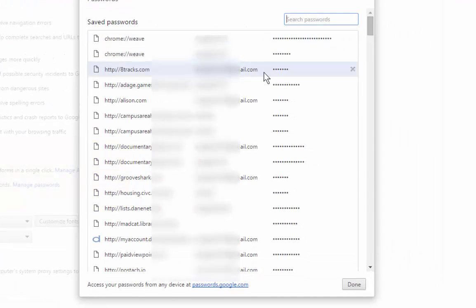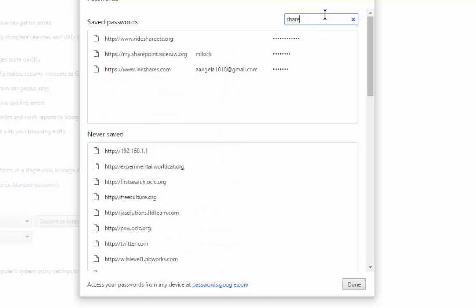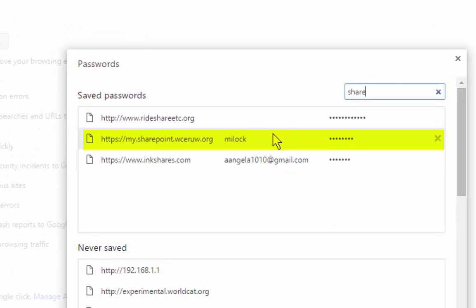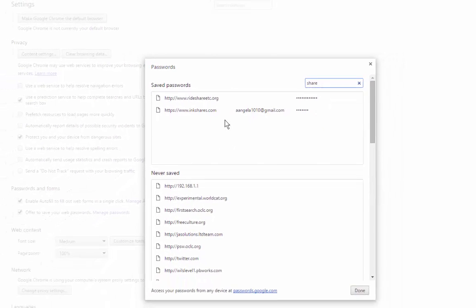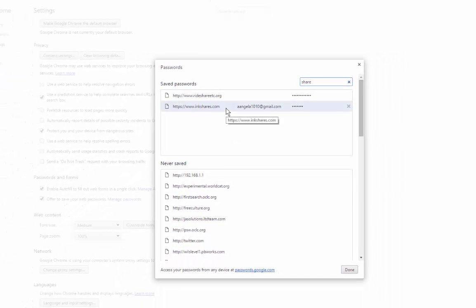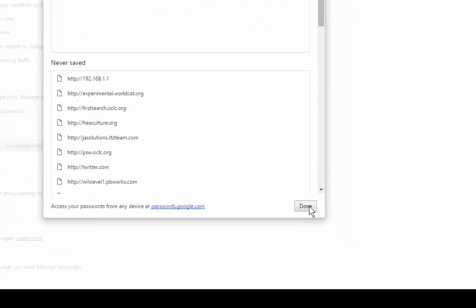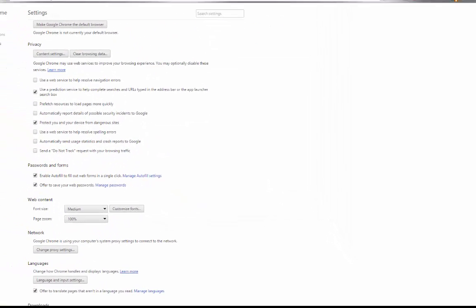So in this box you'll see all of the passwords that I have saved. Instead of scrolling through one by one, I'm just going to do a quick search so I can see there is my.sharepoint, and I'm going to click the X next to the item and it's going to go away. And I would do the same if regular SharePoint, sharepoint.wceruw.org was in here, but it's not. But again, just pretend it is. So then we will have gotten rid of both of the passwords and the saved credentials in Chrome for SharePoint. So now we're going to click Done and back out of there